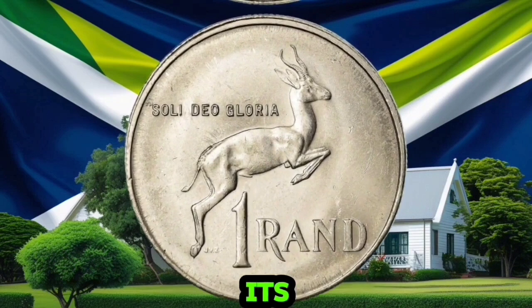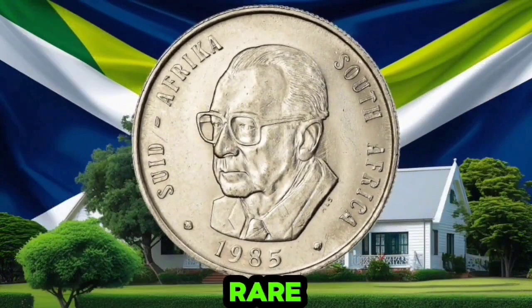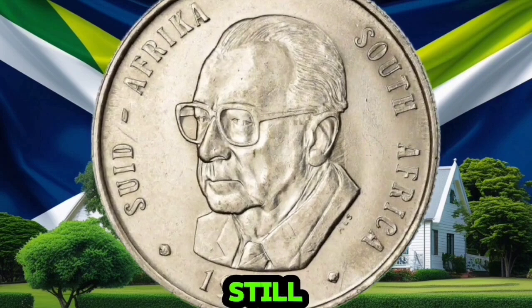to $45,500 or more. On the other hand, if the coin is worn or has noticeable scratches, its value can drop dramatically. So, you're probably wondering, how can I get my hands on one of these rare 1 Rand 1985 Veld